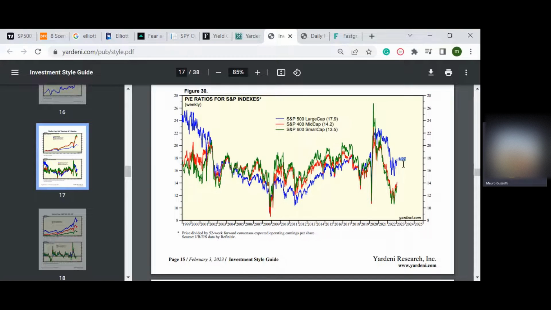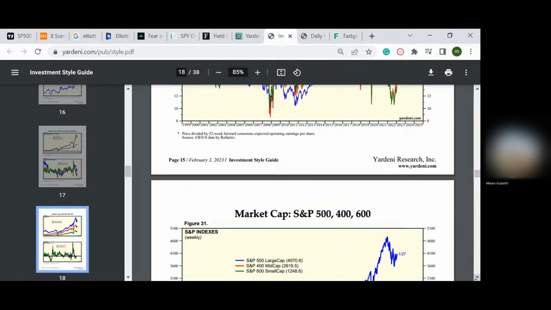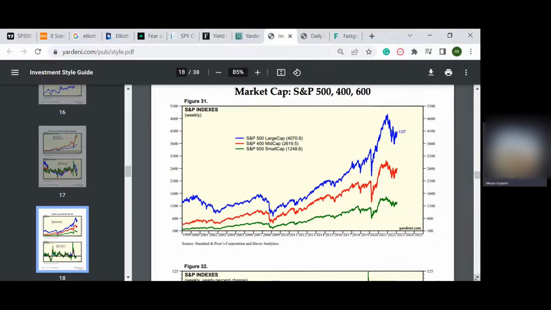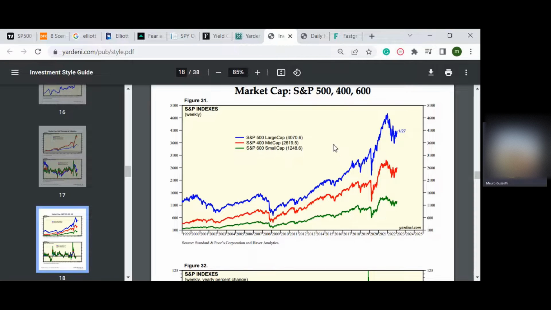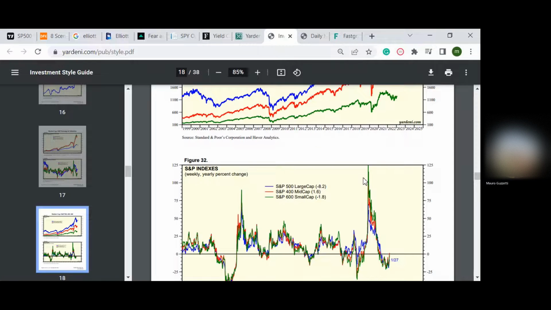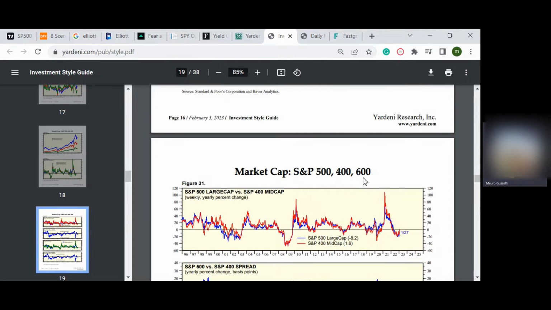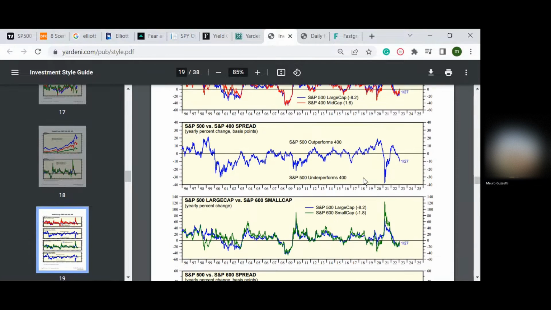So that's good. Probably this crash will not impact the small caps as much, but some small caps in an economy that goes into crisis will go bankrupt. Big caps have performed much better, but that gap needs to lower. It can't expand forever. You see, when it expands, then it drops. So be very, very careful, especially with large caps, because it's about to close.